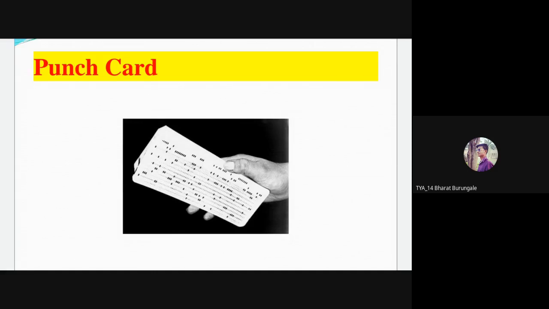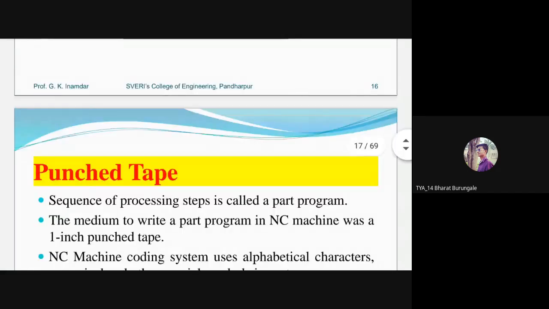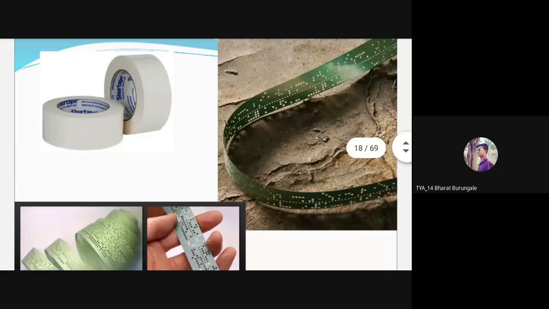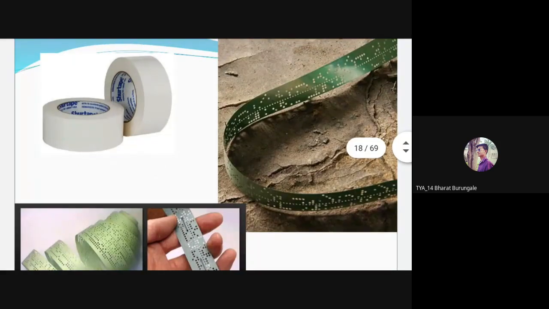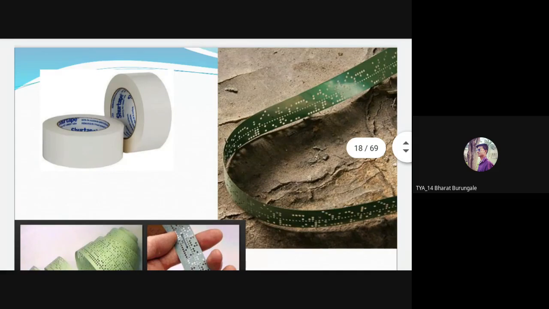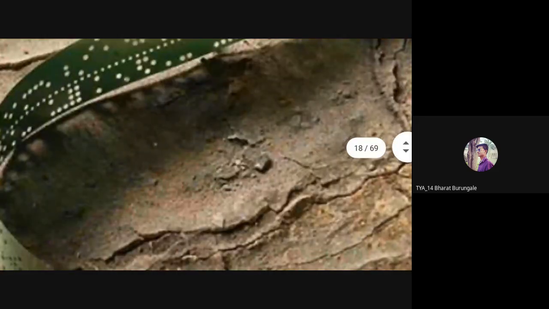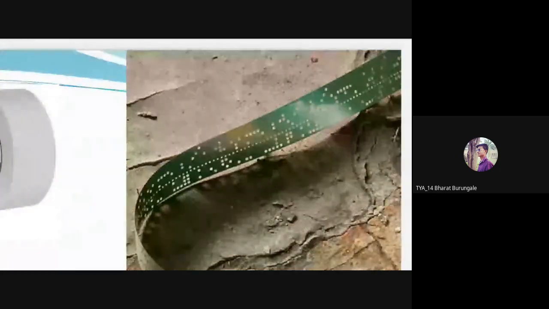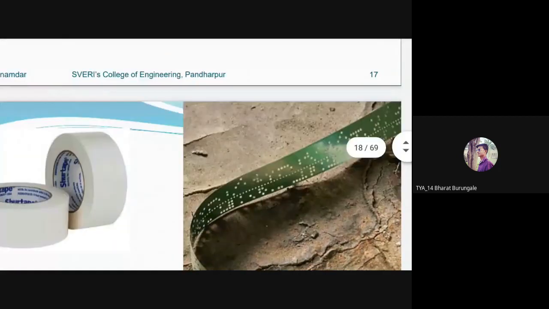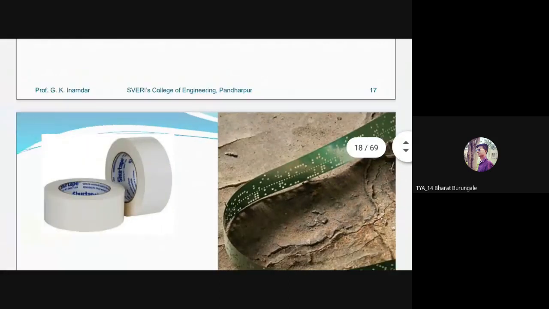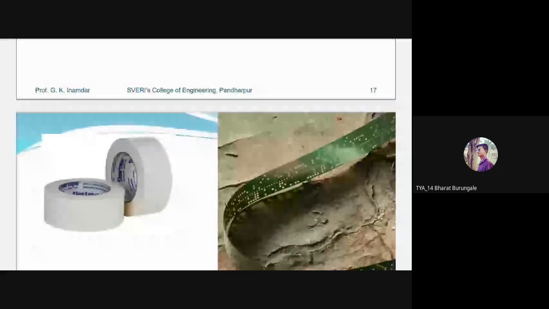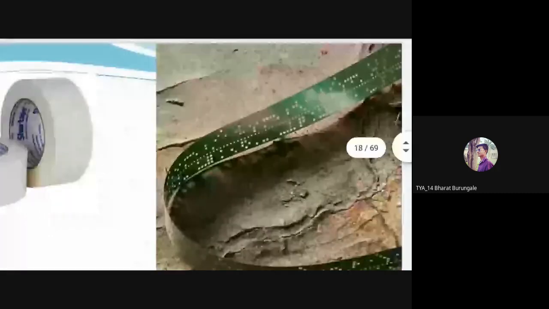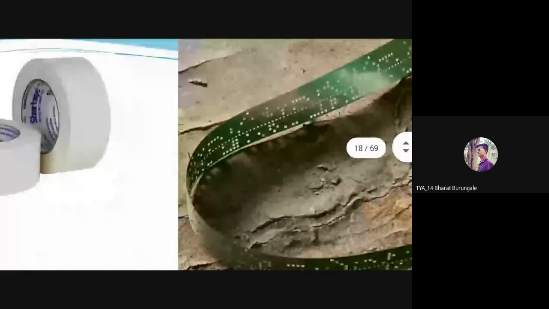Punch cards are there. Next, punch tapes are there. What are punch tapes? These type of punch tapes, I have already given one example, like film strips or cassette tapes. These are also tape readers. Earlier there were radio cassettes, right? Now we don't see them anywhere except maybe somewhere in the fields. Only this use is remaining. So this type of tape readers are there.